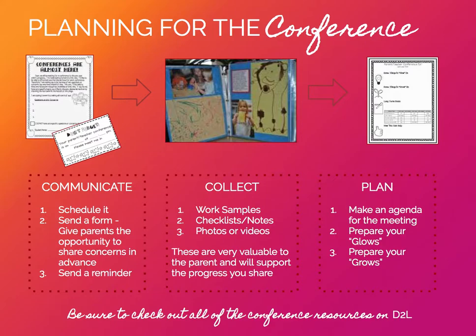Step 3 under planning is to prepare glows and grows. And I wanted to explain what those are. So a glow is something a child is doing, something they're doing really, really well. And you want to make sure that you have some glows to share about every child. Maybe their academic glows, maybe their behavior glows, maybe a glow of how they treat their friends, but you want to make sure you have